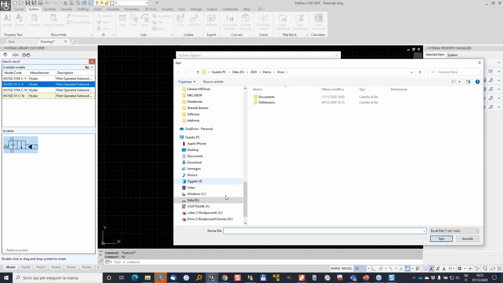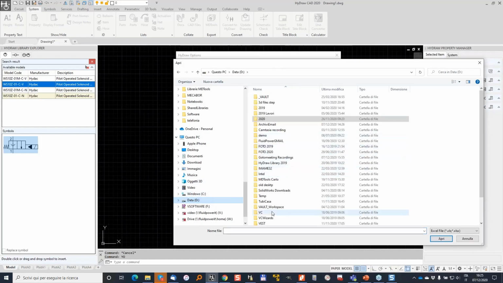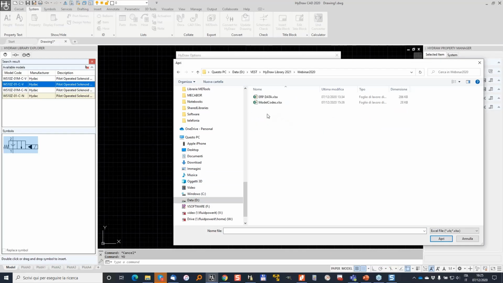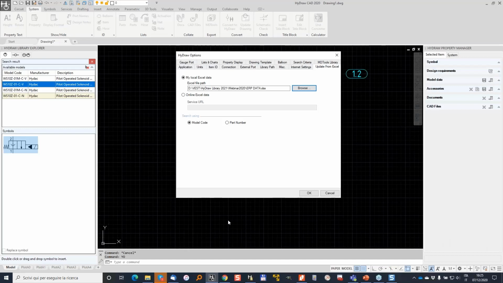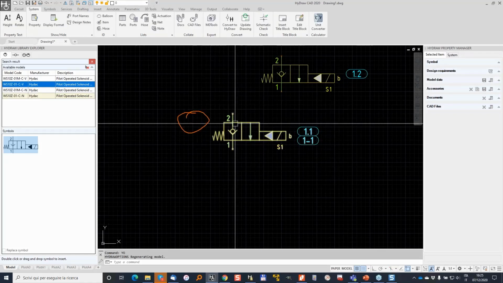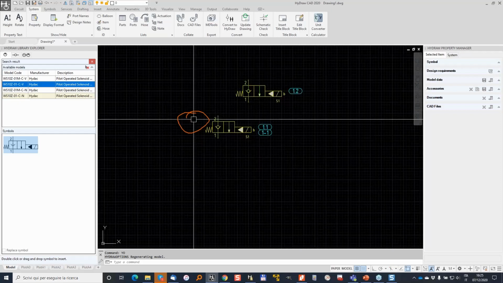So browse, and we go to Data, Vest, HyDraw Library 2020, Webinar 2020. That's my file, ERP data. That's it. And I am searching by model code. If you remember, my Excel file is a big list of items, and let's see how we can use it on